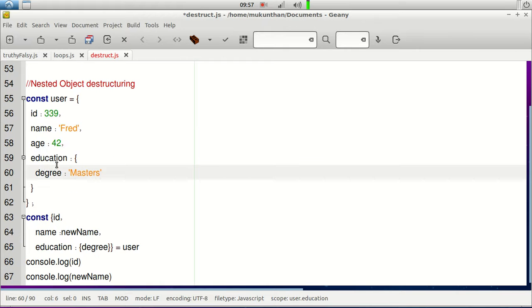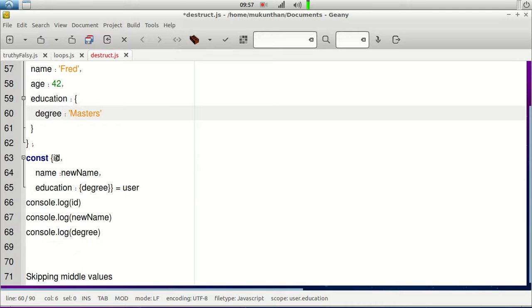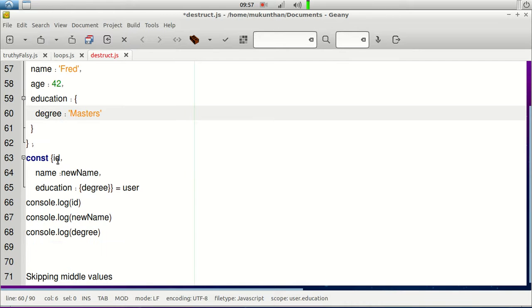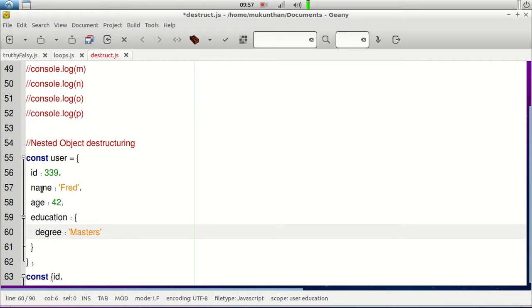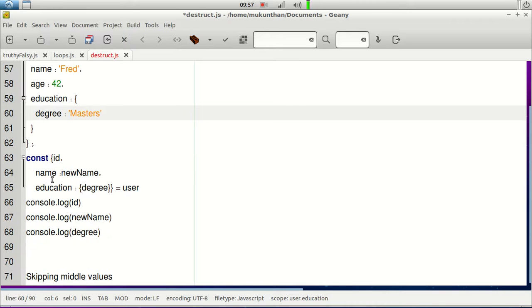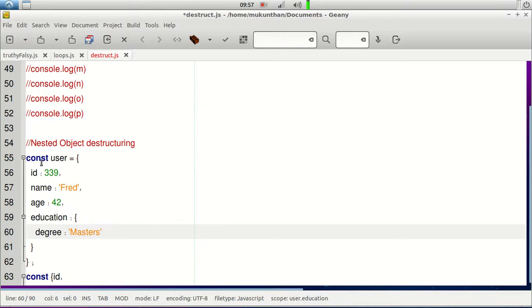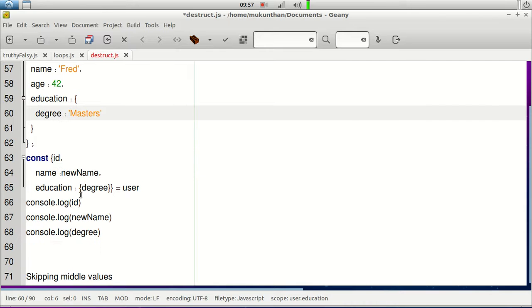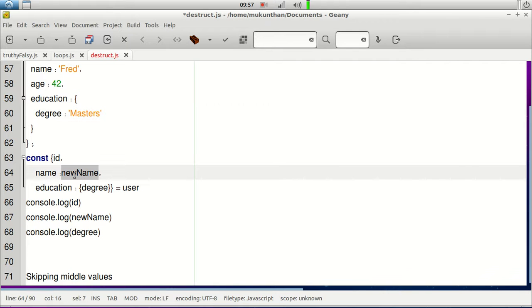Now here you can see we are creating the same kind of structure, but if it has a primitive value, let's say id has a primitive value of type number, you can directly mention the variable name here. And let's say name is a primitive value, so you can mention the name. But sometimes you might think, why do we need to use the same name, if the object has the property name id, we also use id? If you want to rename it, you can give a colon followed by your variable name. So in this example, rather than using name as the variable name, I am using newName as the variable, declared followed by the colon symbol.